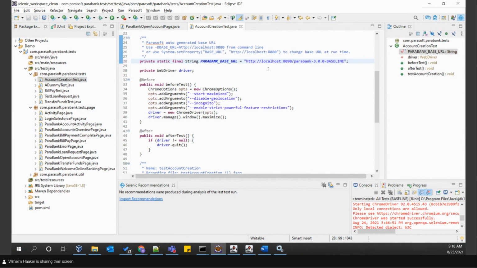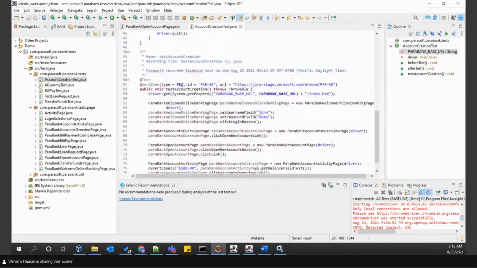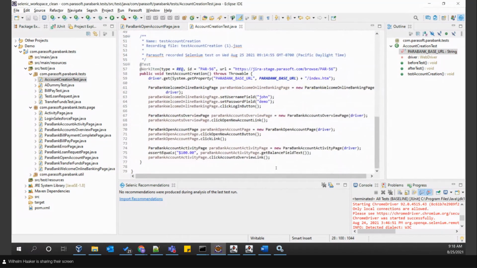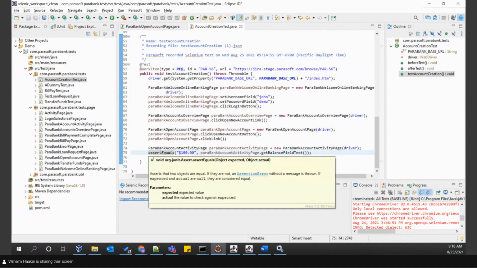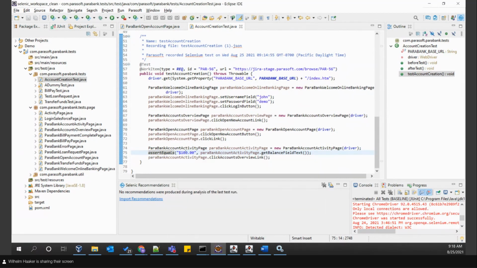All right, so we've got our baseline URL. So this is our first build of Parabank we'll be looking at today. And we have all our steps documented. You'll notice here we added the JUnit assert equals method, checking that the account activity page has $100 when we create the new account. And one thing that I want to check, knowing what I know about this account creation process,